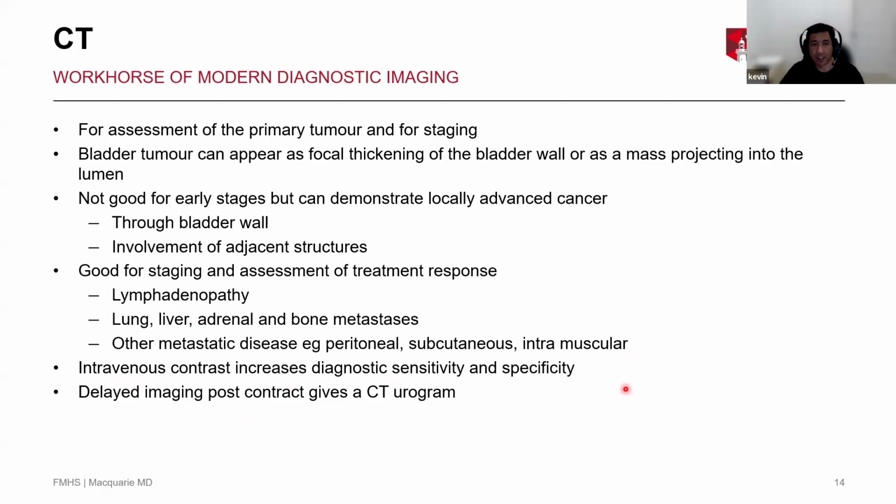Okay, and as I said, you can also leverage the fact that the kidneys excrete the contrast. So if we delay the scan or repeat the scan a bit later on, we can also see the contrast in all these other structures. Now, before I show some images,